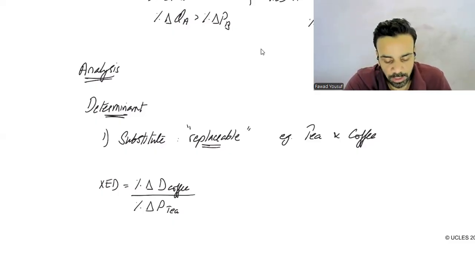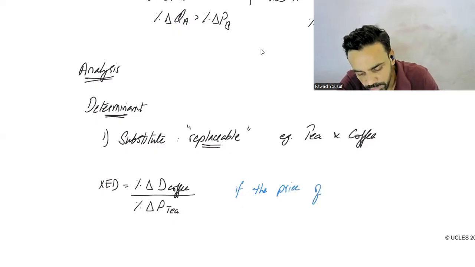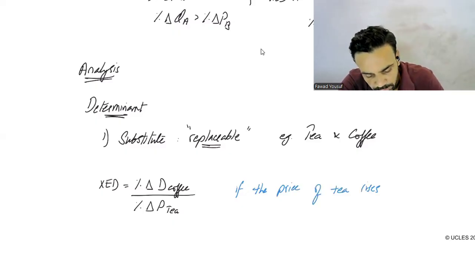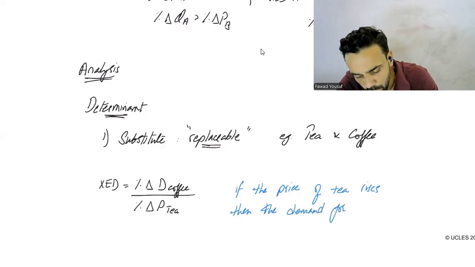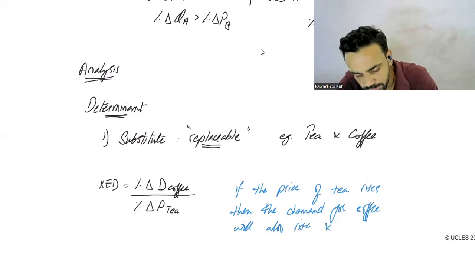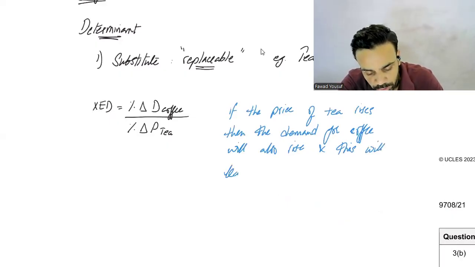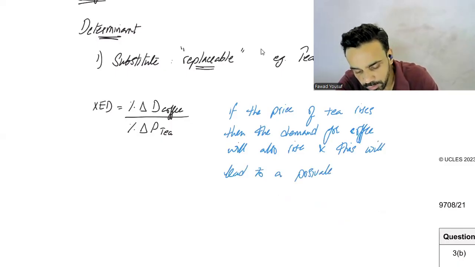Based on this formula, if the price of tea rises, then the demand for coffee will also rise, and this will lead to a positive value